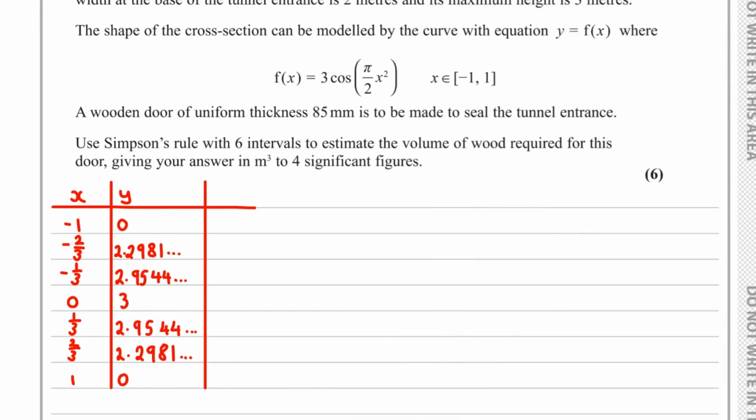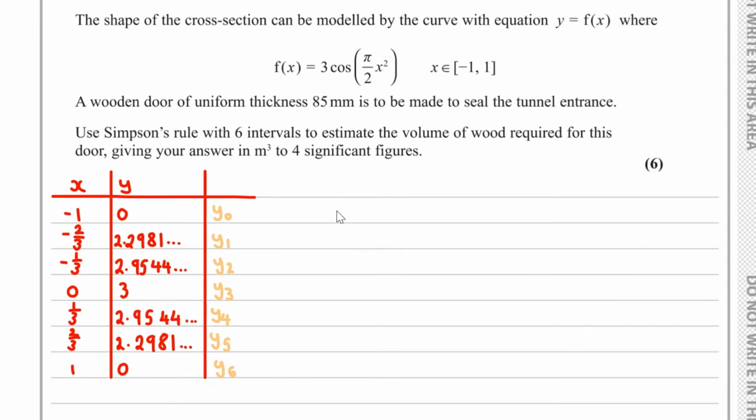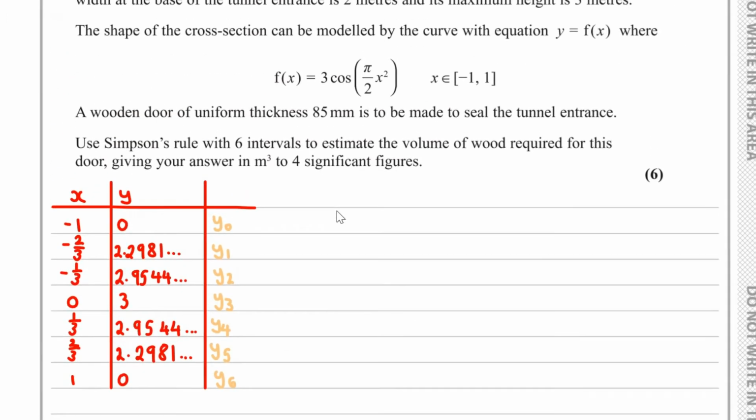So how does this help us? Well, for us to apply Simpson's rule, let's first of all label these different y values. We start off with y0, then we've got y1, y2, y3, y4, y5, and y6. So therefore, applying Simpson's rule, what we'd have then is